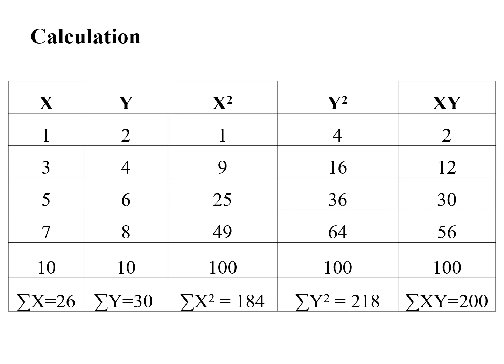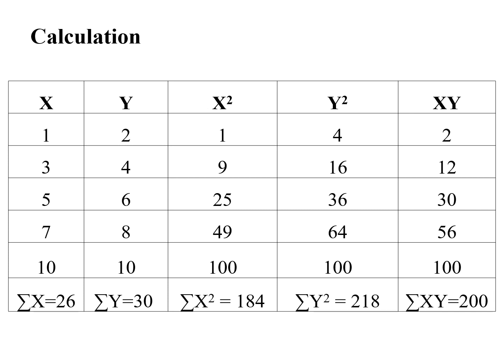The next one, x and y. Here we are multiplying x and y variables. 1 into 2, 2; 3 into 4, 12; 5 into 6, 30; 7 into 8, 56; then 10 into 10, 100. So from this we can find the sum of x values is 26, sum of y values is 30,